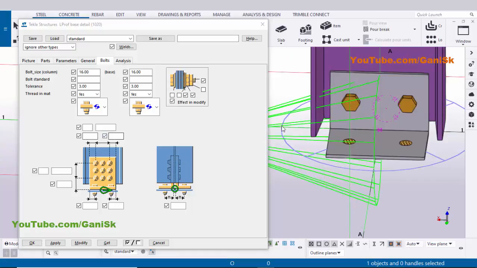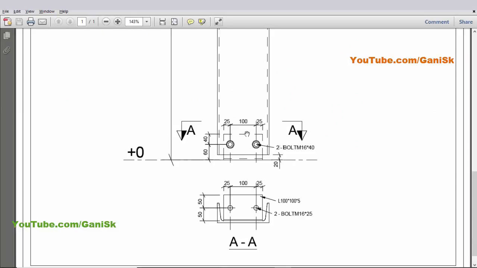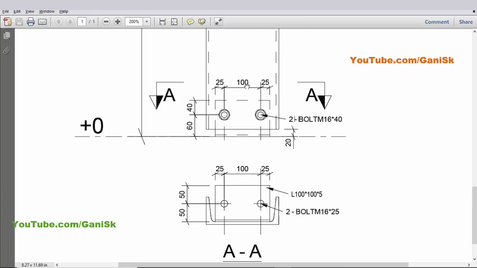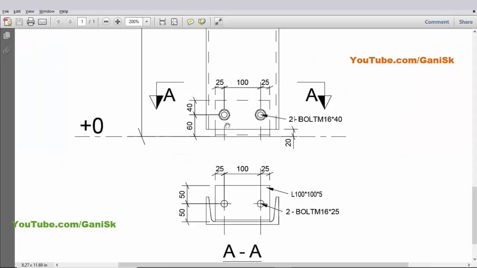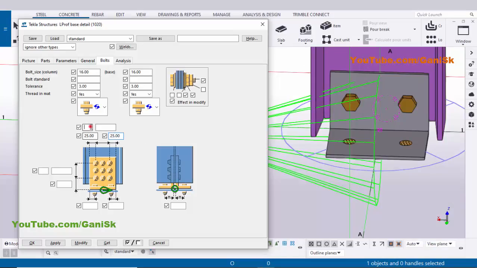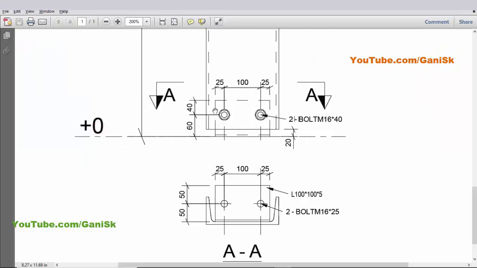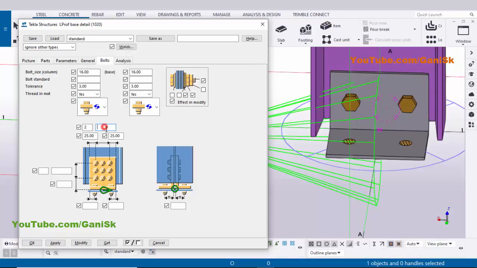Now I'm going to enter the spacing here. You can see in this direction in the top view, in our example we have 25, 100, 25. So the edge distance from bolt to edge of this clip angle we have 25, 25. So enter here bolt to edge of this clip angle 25, here 25, and the number of bolts in this direction we have 1 and 2 columns. So enter here 2, and the spacing between these 2 bolts should be 100 millimeters. So enter here 100. Click on modify to see the result. You can see now this edge distance should be 25 and the spacing between these 2 bolts should be 100.